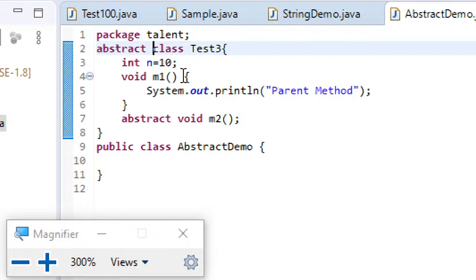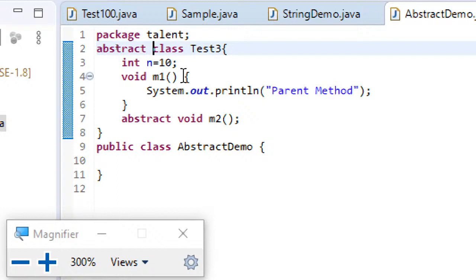And if your class contains at least one abstract method, then you should declare your class to be abstract. And abstract classes cannot be instantiated. Underline this point.